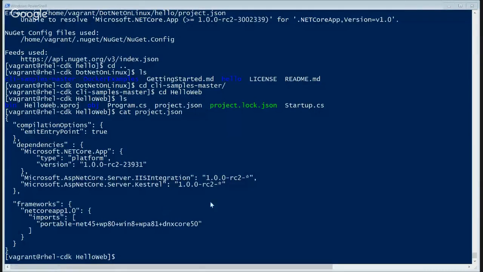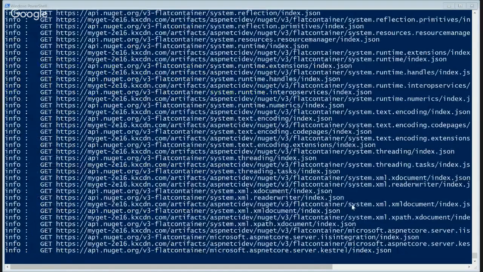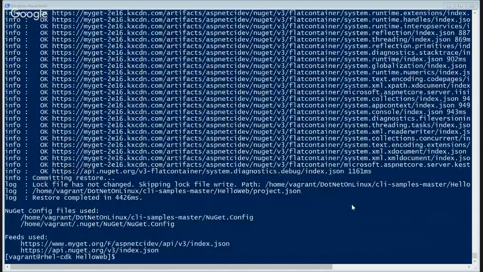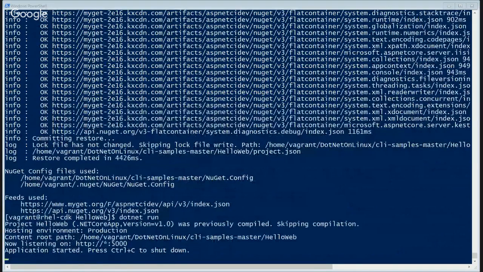And so, having said that, dotnet restore is going to pull down my dependencies, and it bundles them up. And you can see this one compared to the one previously was a few lines. This is a little bit more because it's web. And then if I do dotnet run, I can run this code. Now to view it, I have to